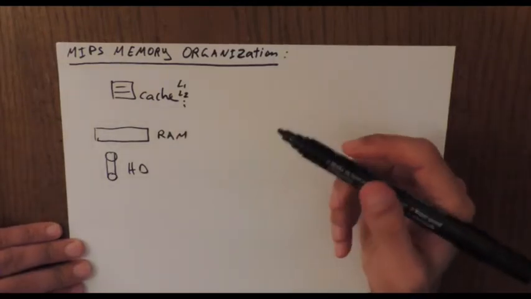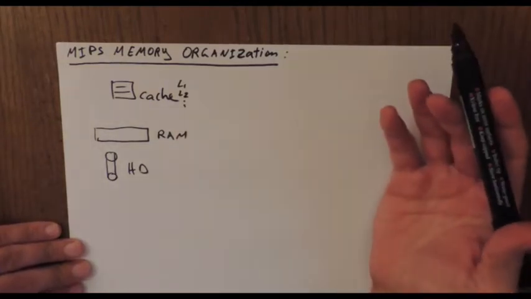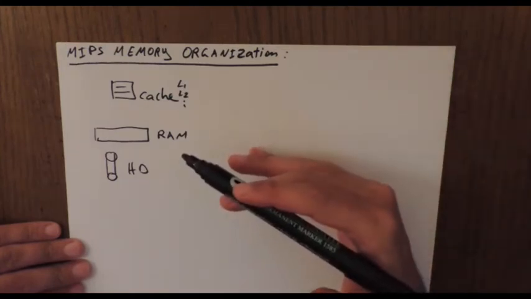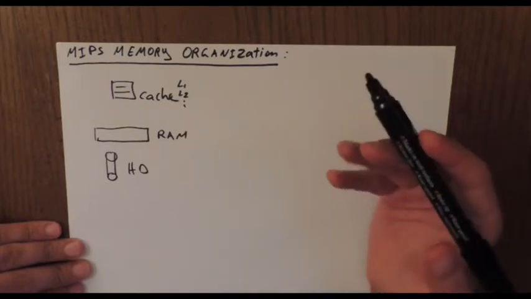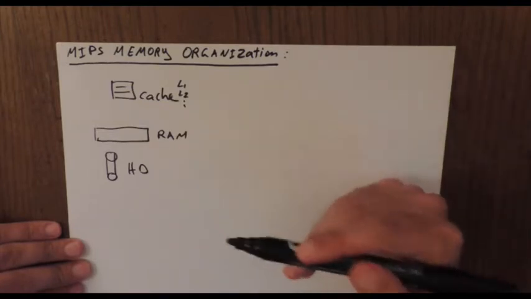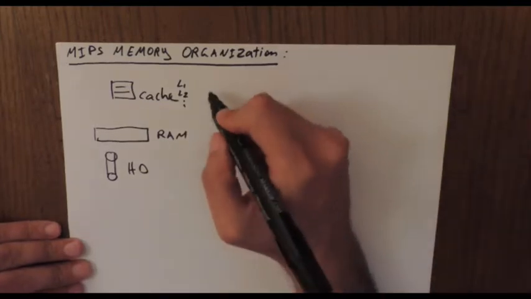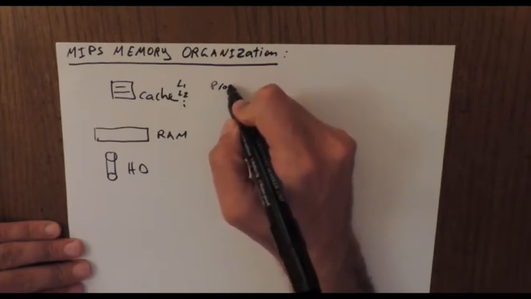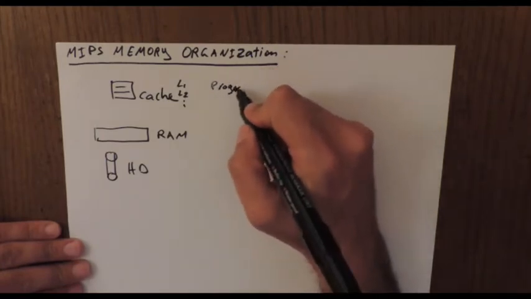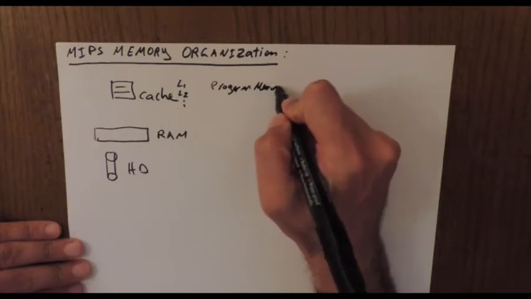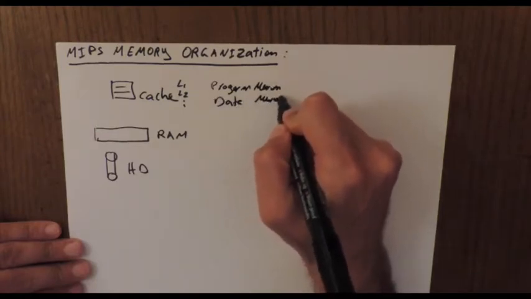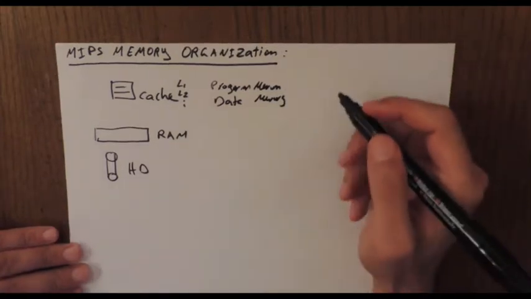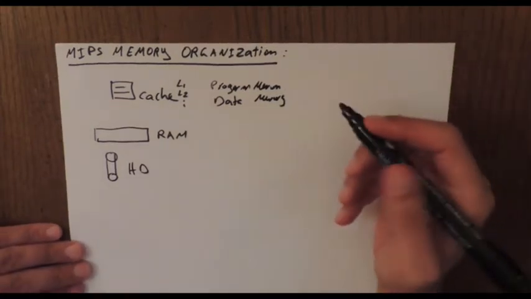So a typical question will be, why do we design computer memory this way? Why don't we have a super fast cache? Why do we need a hard disk, a RAM, and a cache? We can think of a cache as the program memory and data memory we saw earlier inside the MIPS processor. So first,